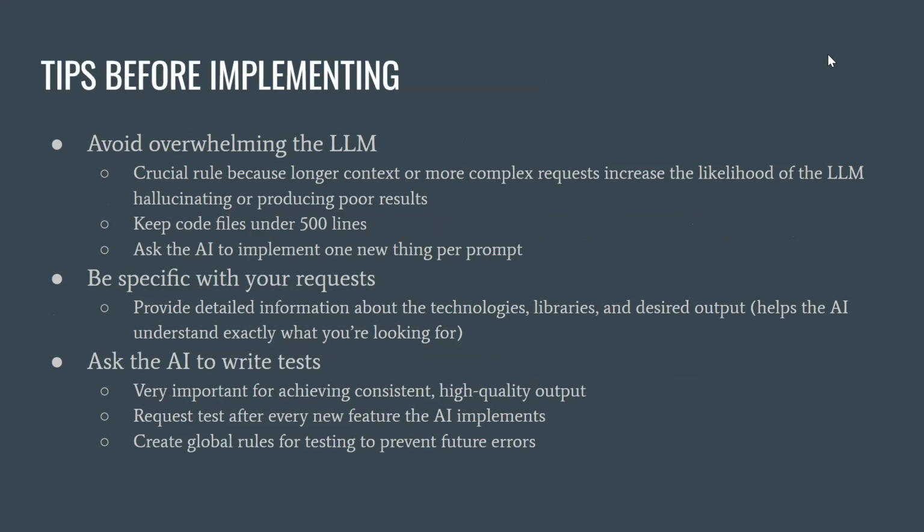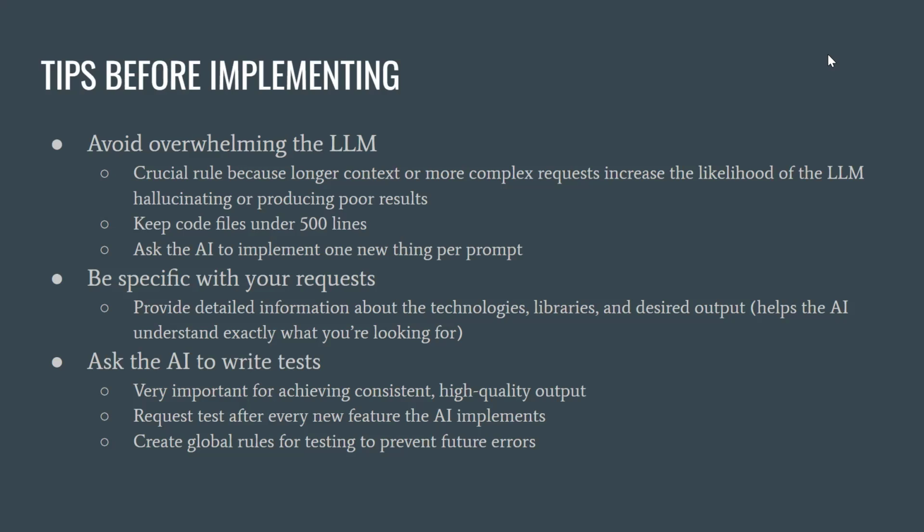Some tips before implementing would be avoid overwhelming the LLM. Be specific with your request, which is what I was talking about earlier, and ask the AI to write tests before actually fully committing to it. So when talking about avoiding overwhelming the LLM, it's a crucial role because longer context or more complex requests increase the likelihood of the LLM hallucinating or producing poor results. So like I was saying before,